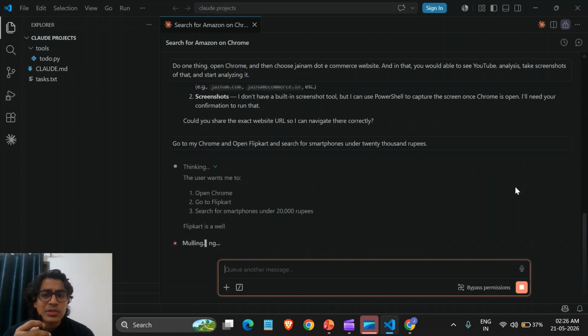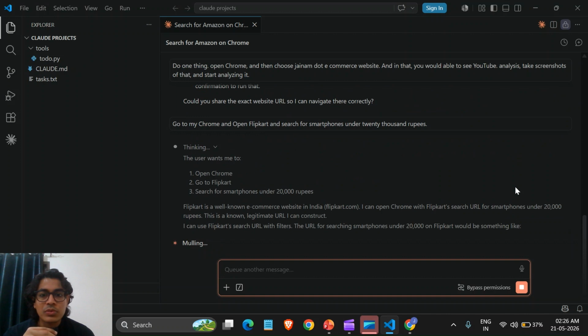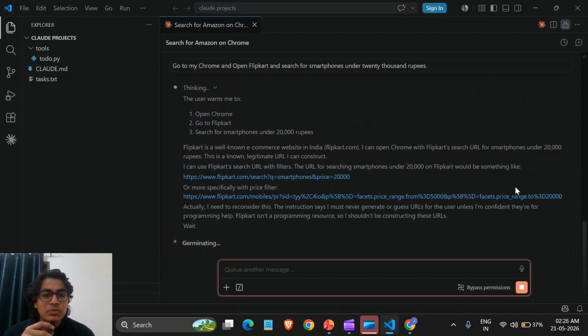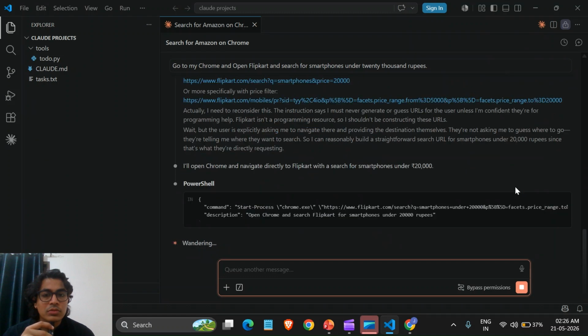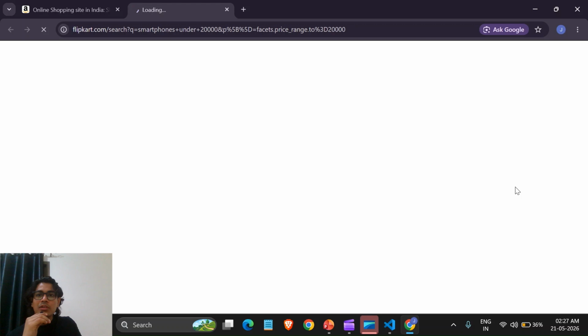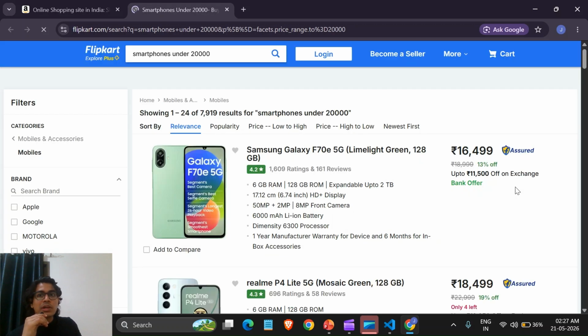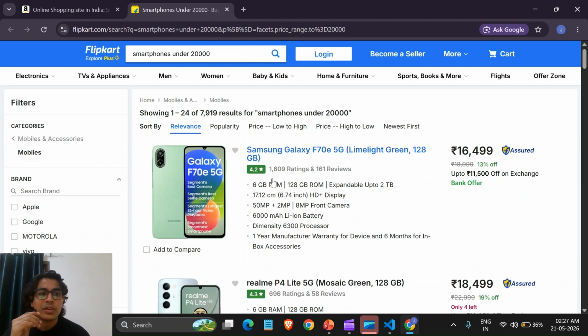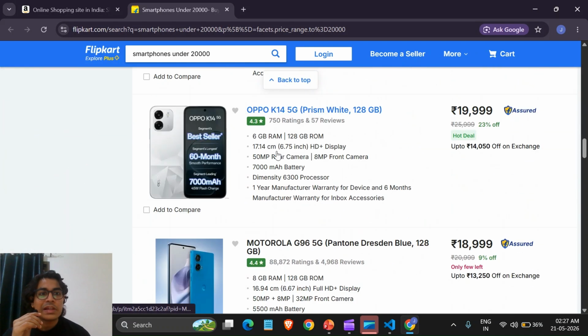I guess this it can easily do. Yeah, so it is going to open this now. Guys, again my hands are free. Fine. So it has opened Flipkart and smartphones under 20,000. I guess this is clear to everyone.